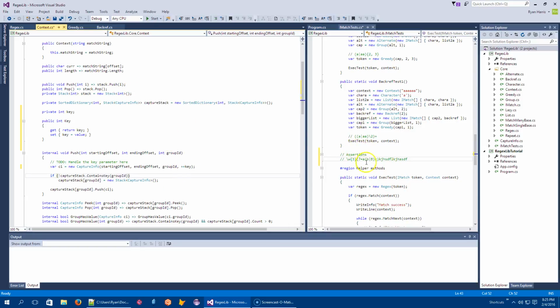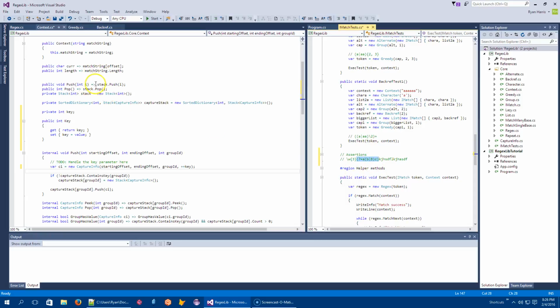So this number is just monotonically increasing forever and ever. As soon as I capture something, it's going to be given a larger number than any other capture group information that I've gotten so far. In order to make the backtracking work for these assertions, I'm going to take a snapshot of the biggest key that I've used so far, and I'm going to save it onto the stack as part of my backtracking info.